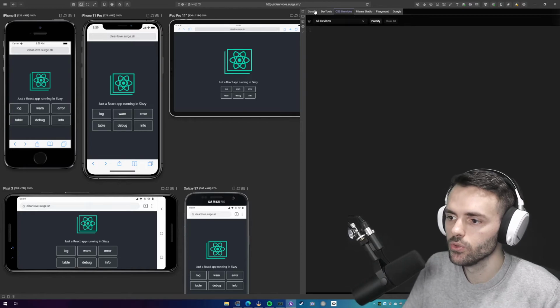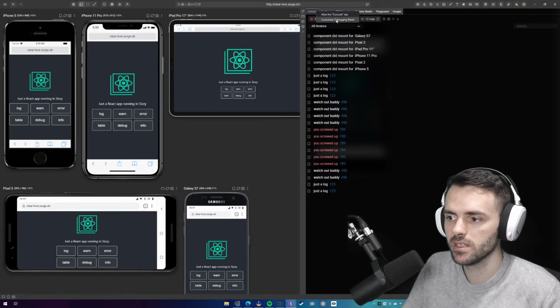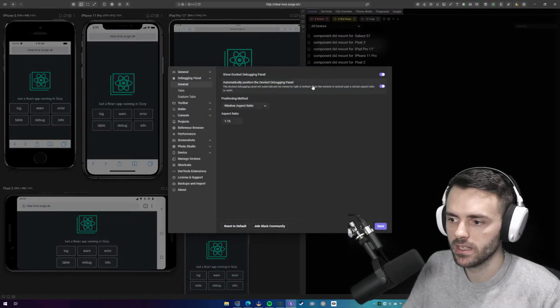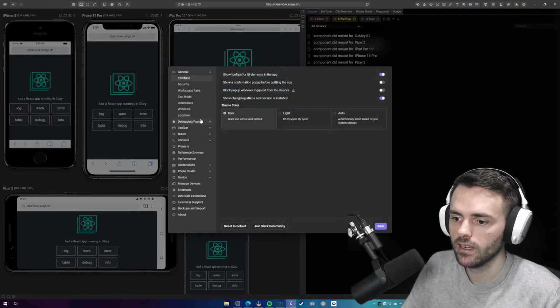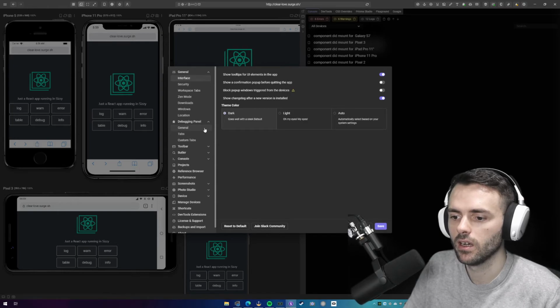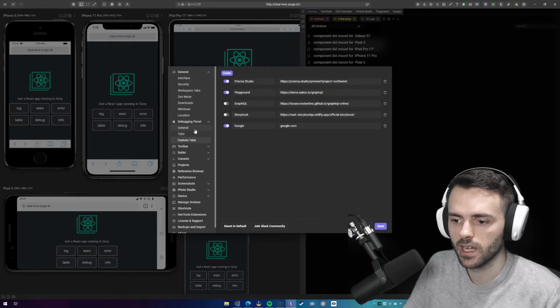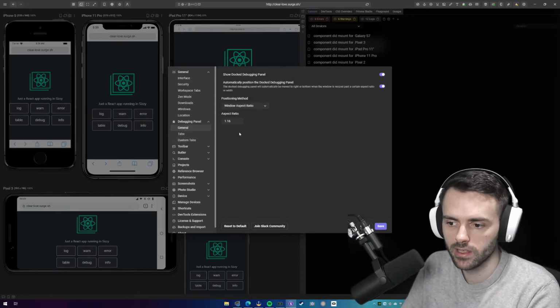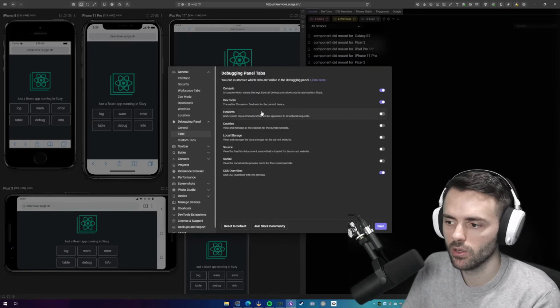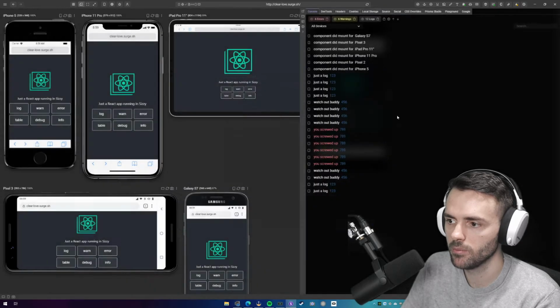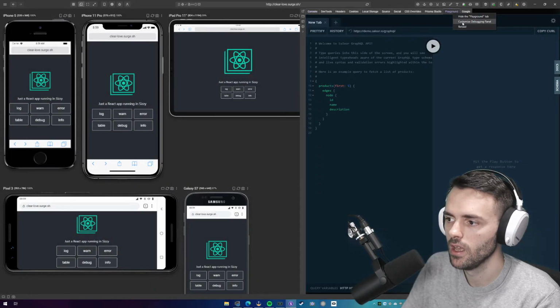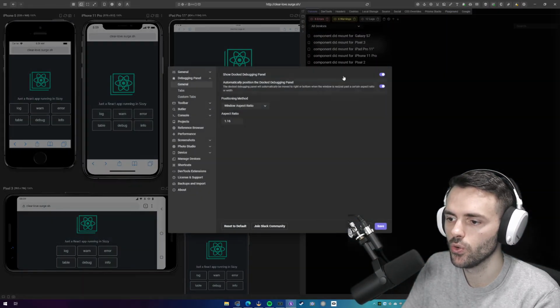So what I can also do here is I can right click and click customize debugging panel, and that's going to open the settings. I can get to the same setting by going into settings and then debugging panel and then general tabs, custom tabs. I already showed you the general tab about the positioning. Now we're going to go into tabs. You can see that I have all the tabs here, so I can enable all of them, and I'm going to enable all of the tabs, but I'm going to go and show you